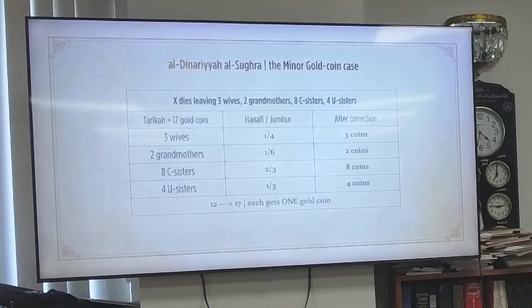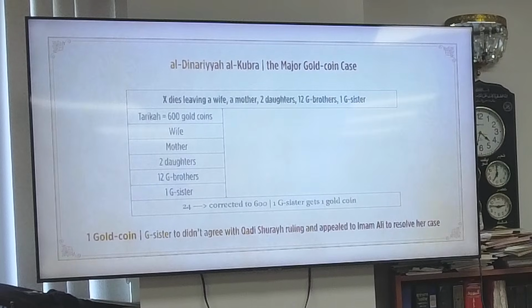So after correction, the 3 wives get 3 coins, sorry. The 2 grandmothers get 2 coins. The 8 full sisters get 8 coins, and the 4 sisters get 4 coins. So each one gets 1 coin. And everyone is happy. The second one, the dinariya kubra, this is a case that took place at the time